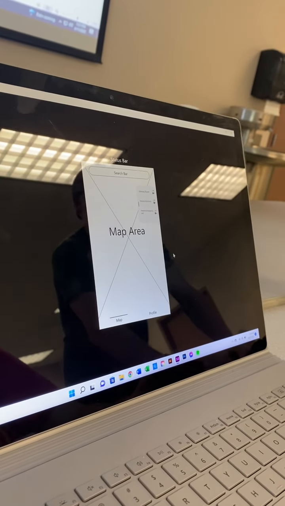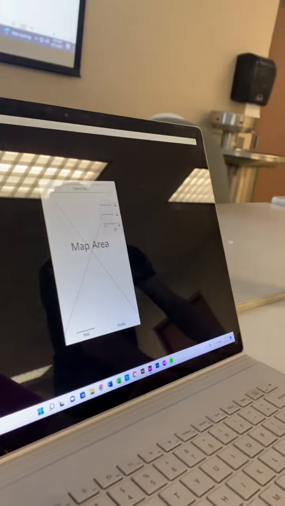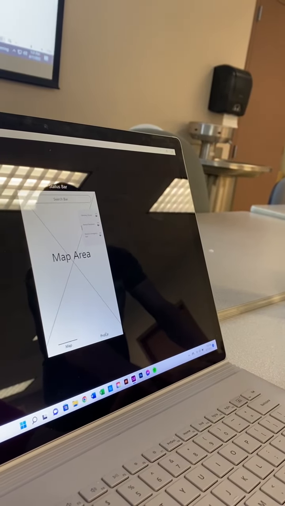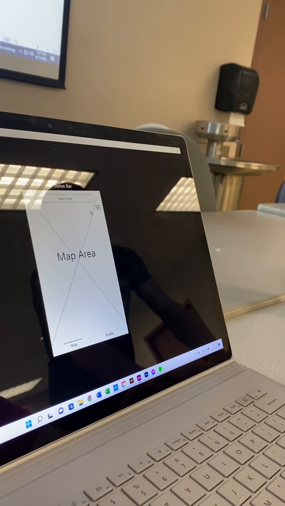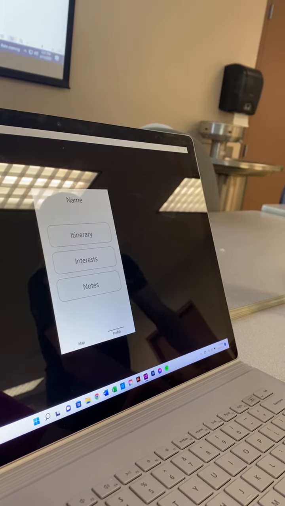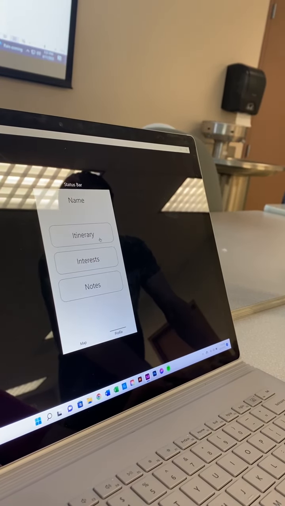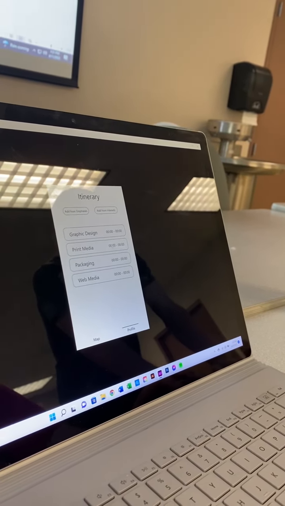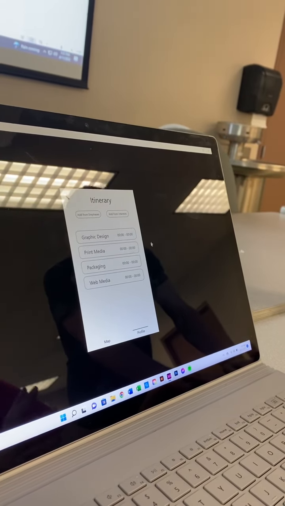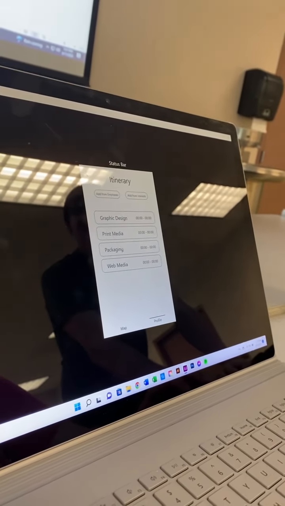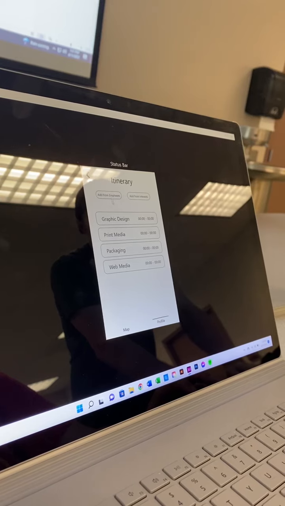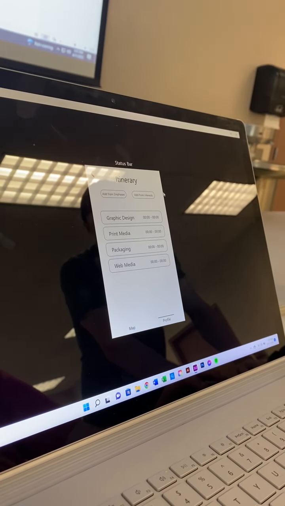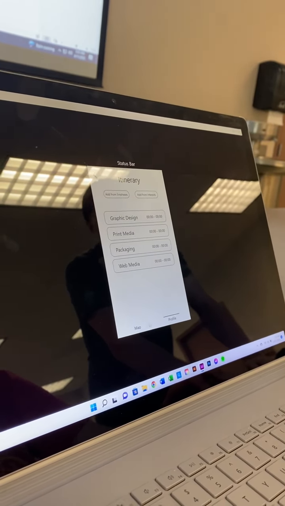Yeah. That's kind of how I was envisioning it. That's why I was thinking I should have put more into the map. You just have to click the menu again. Obviously, it would look a little better, but the second itinerary, graphic design, print media. Like I said, there may be different tours. I mean, I kind of get where you're going. Add from emphasis, add from interest, I don't even know if I'm out there, or what this would be.